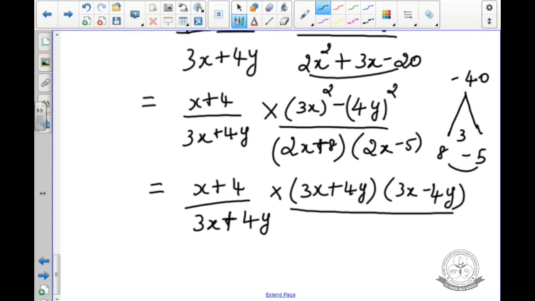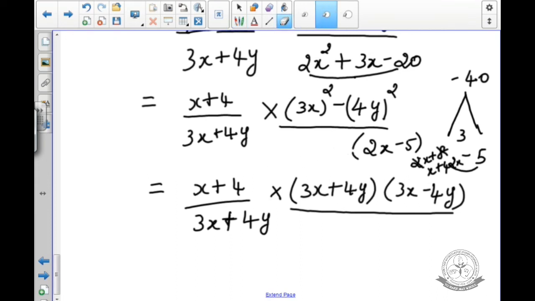So you noted one thing, for this factorization, if you are having 2 there, like 2x plus 8 and 2x minus 5, you should do the cancelling here itself. You just do the cancelling and the number whatever remains after cancelling, only that you should write here, right? So here x plus 4 only comes.